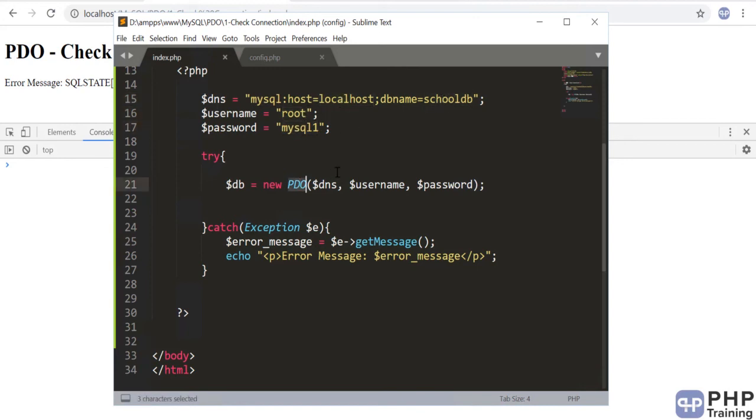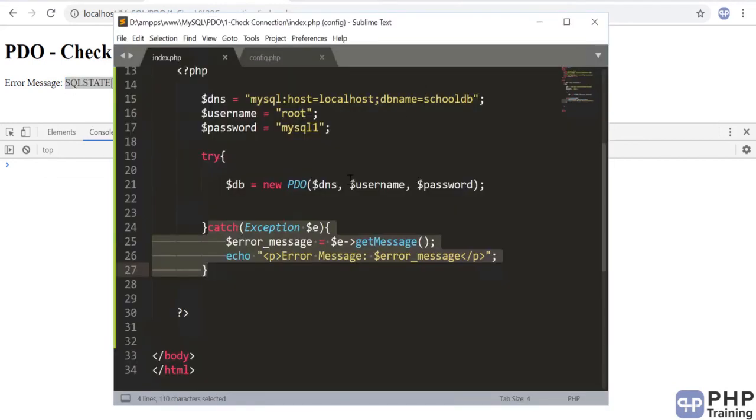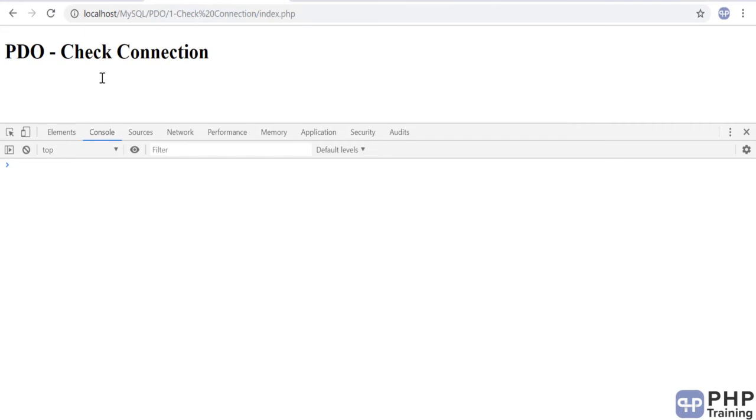Okay, the whole magic happens with this library. The library will make sure all the connectivity works well, and if there is an error, it will raise an exception. And how do you catch those connection exceptions? You can do it with the catch block. Okay, you can see I'm able to catch the exception here. If there is no error, like the one we saw previously, then everything works fine, right? And then you can continue doing the connection.